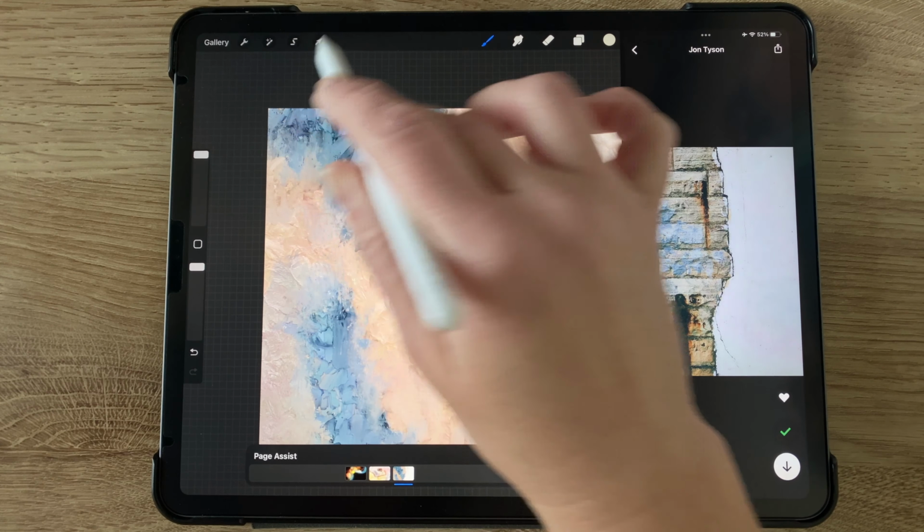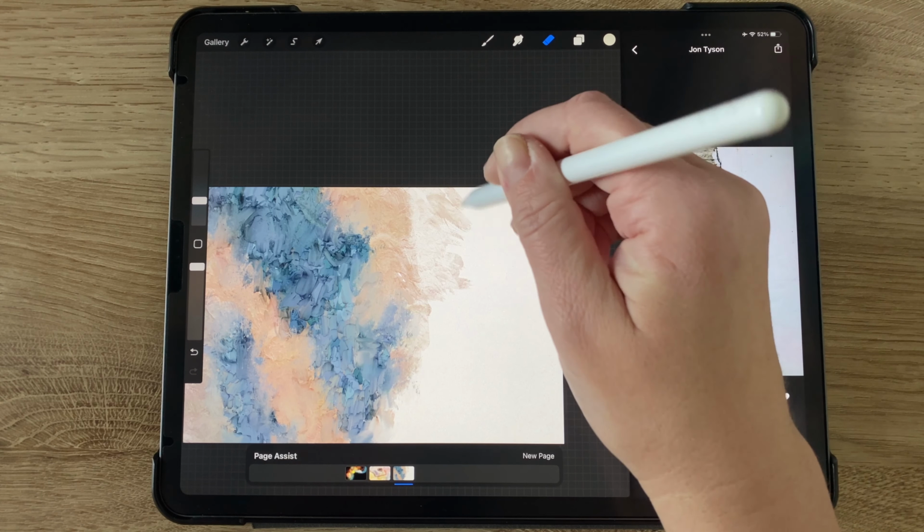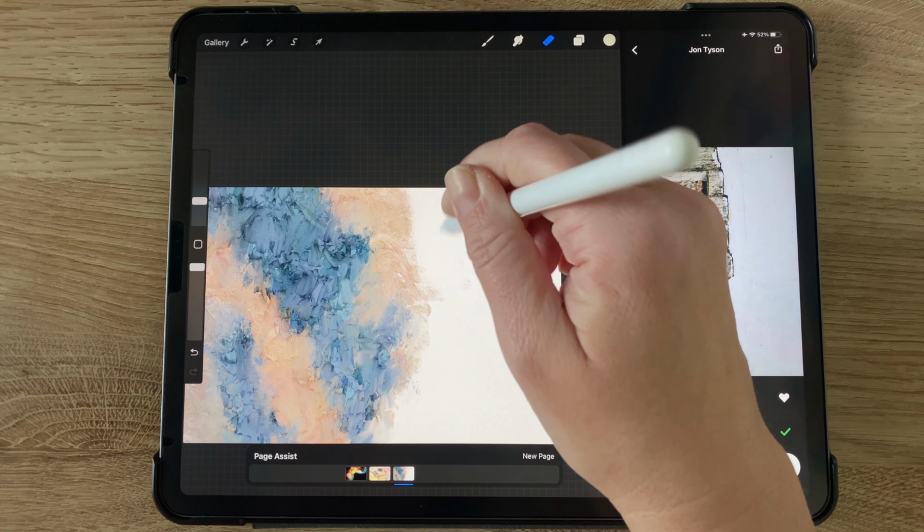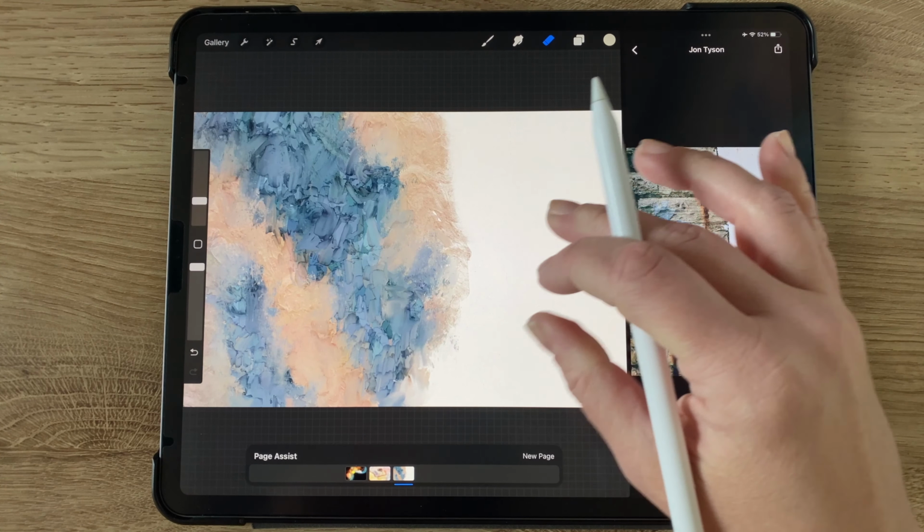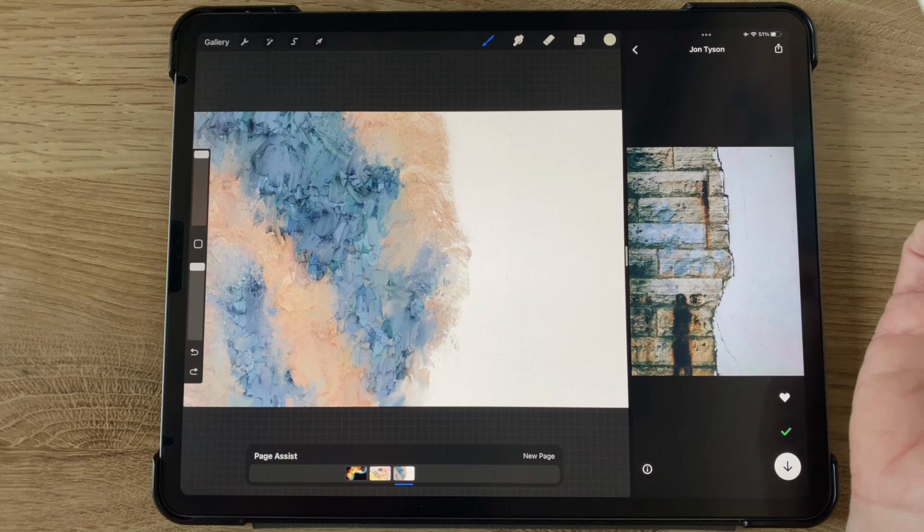So at this point, I realized that I wanted to have a sharper contrast between the left and the right side. So I went to my eraser and I chose the soft airbrushing brush under the eraser, and I'm getting rid of some of that extra so that we've got more of a clean line over here on the left. So going back to my brush tool, I decided to select my soft pointed palette knife, and this one blends quite a bit as well.